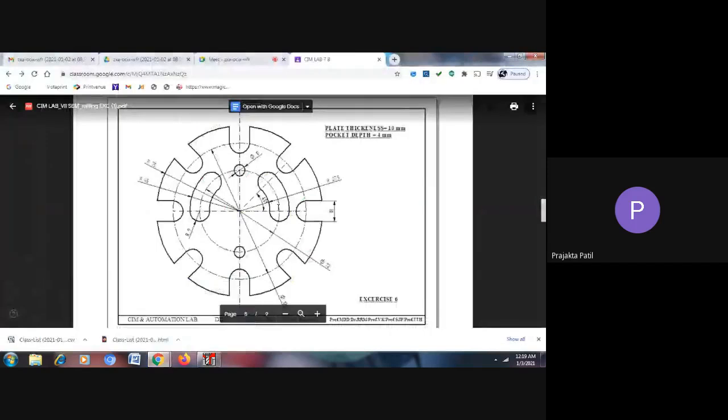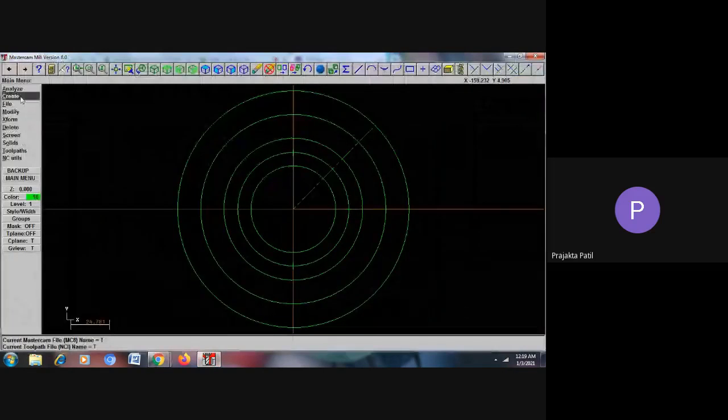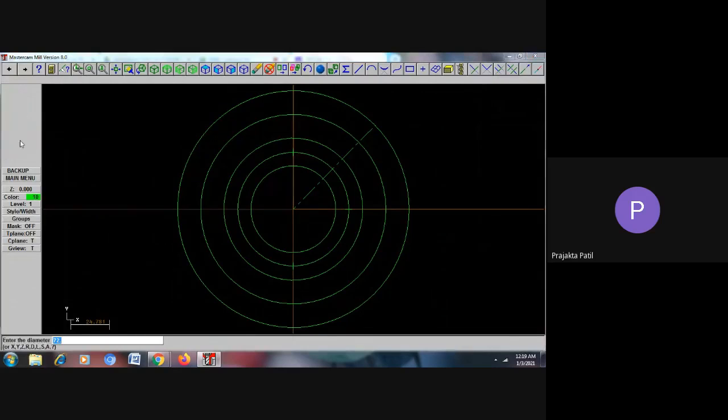Having done this, can you see at the point of intersection of this x-axis and this 72 mm diameter line, there is another circle that we can draw which is of the radius 9 mm. Okay, so this one, and also at the intersection of this 45 degrees line and 72 mm diameter, there is another circle that I can draw. Let us do that. First, create arc, point and diameter or radius, you choose anything. What is it? 18 mm will be the diameter. If you're choosing radius, it is 9 mm.